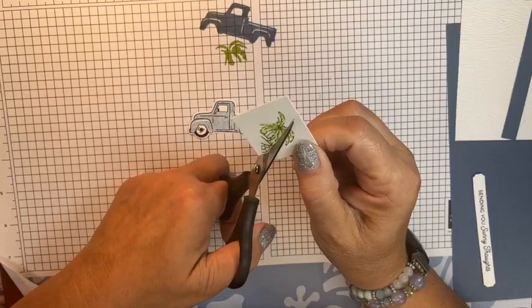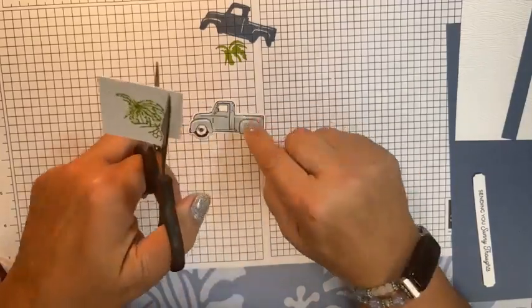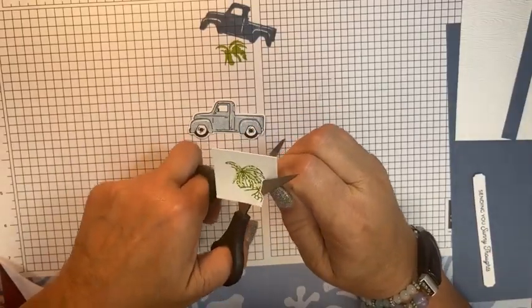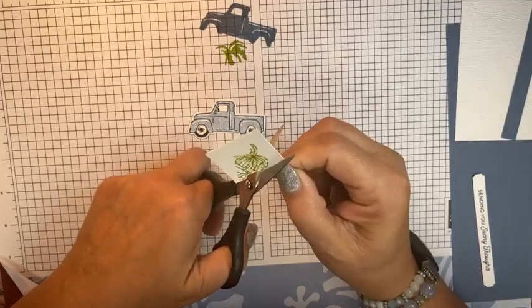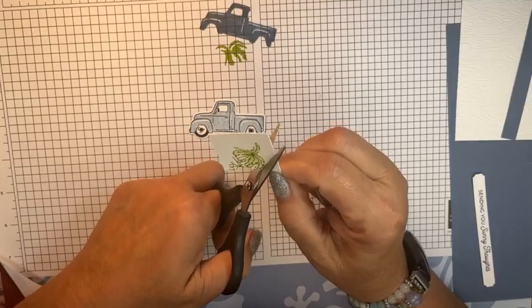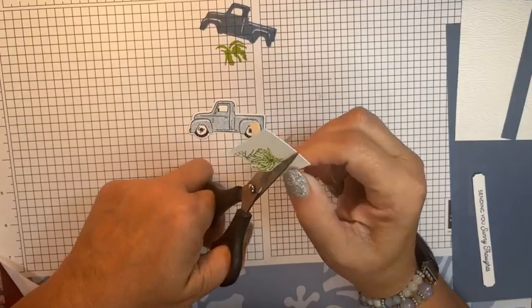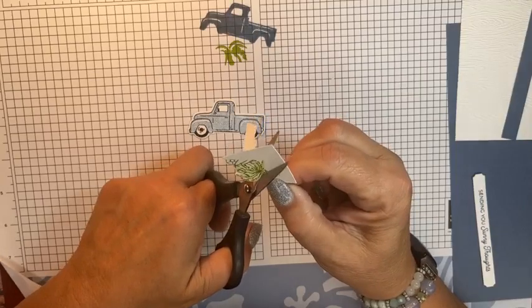And I always like to give it a white edge, even if you notice our punches. Like when I punched my truck, it has that little bit of a white edge on it still. I think that little bit of white helps to pop it so it doesn't blend in with, especially some of our DSPs get kind of busy. And if you take a small image that you've cut out, it can kind of disappear almost in